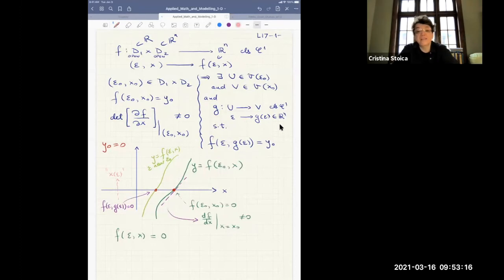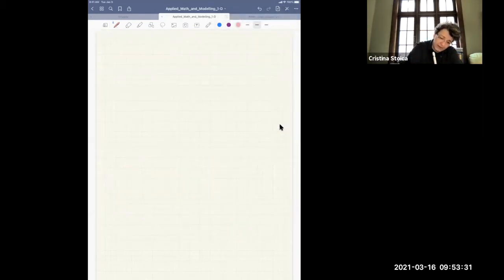Actually, some people write it like this. But I don't want to confuse you in any way, so that's why I keep a different notation. So this being said, this is the review of it. Let's see how we apply it in a system, okay? So here is my example,